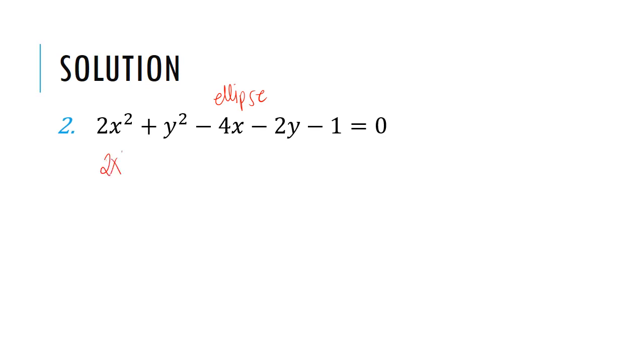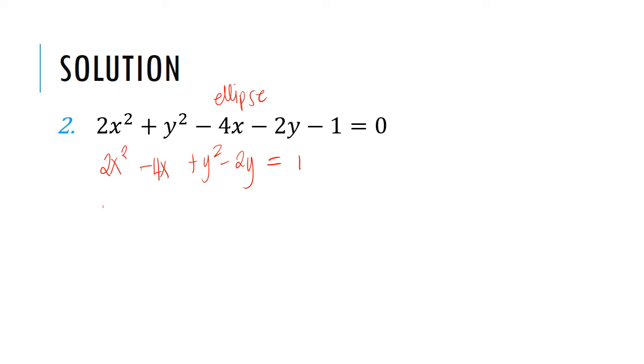First, collect all terms with similar variables. Then, transpose the constants to the right hand side. So negative 1 would become positive 1. Next, to complete the square, we are going to have to add constants on both sides. However, for this particular equation,